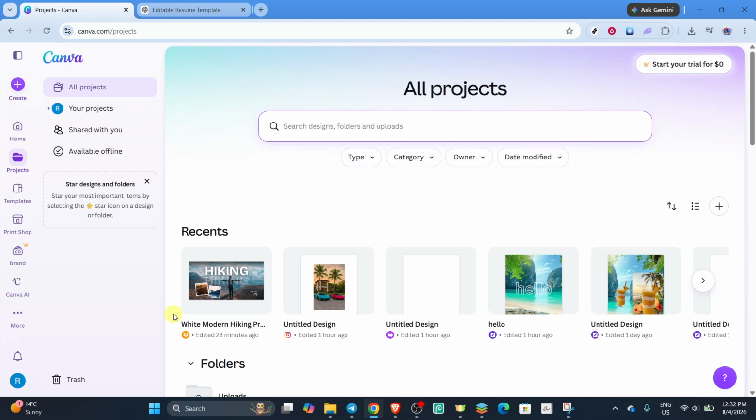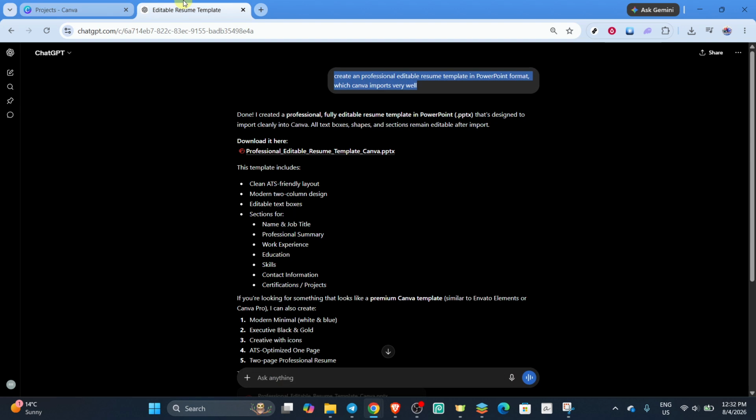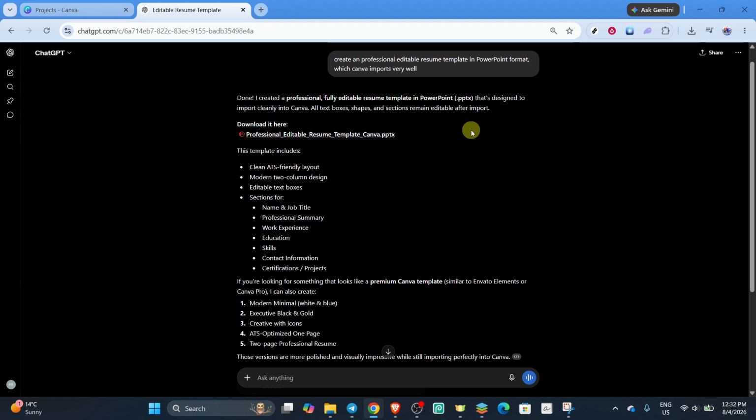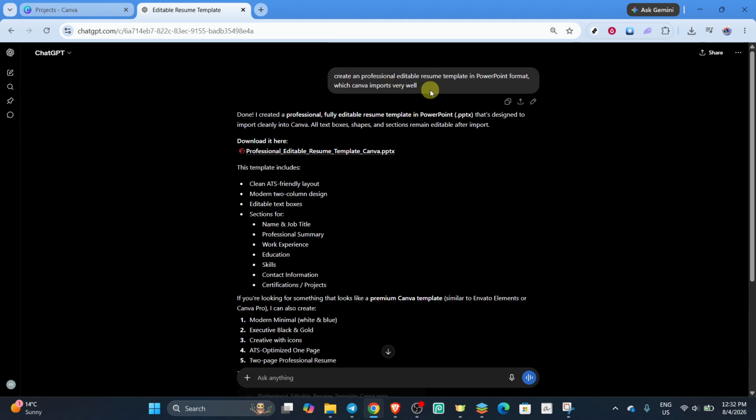In this tutorial, I'll show you how to create a resume in Canva. Start by opening ChatGPT in your browser. The idea here is to quickly generate a clean, editable resume layout in PowerPoint format, because Canva usually imports PowerPoint files very well. Once ChatGPT is open, enter a prompt asking it to create a professional editable resume template in